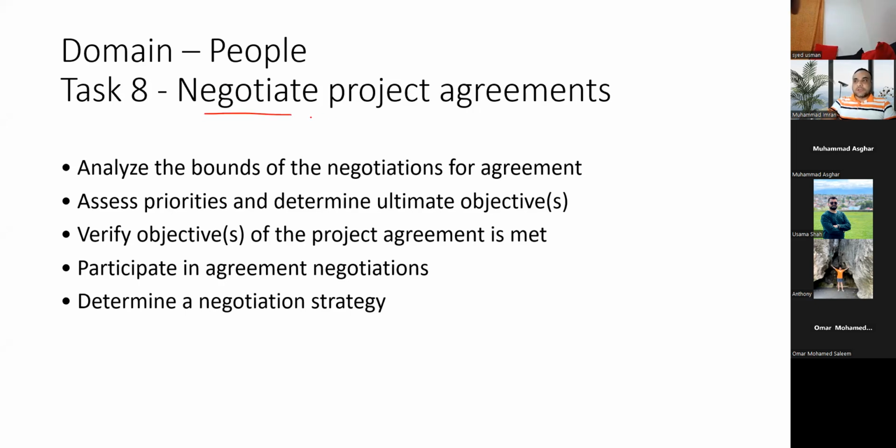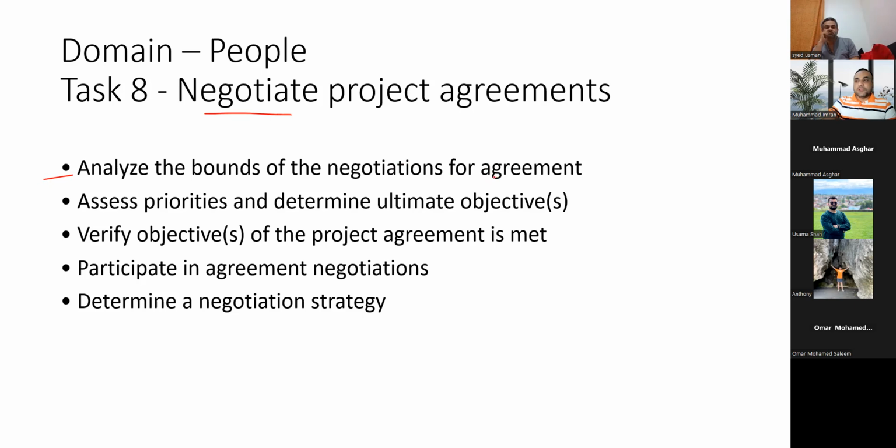To achieve this task, what enablers we have that you need to understand and analyze the bounds of the negotiation for agreement, that is, what you can negotiate. For example, if I'm going for an IT software, I need to understand what are the possibilities on which I will negotiate. If the customer is asking for a feature, I have to provide him or her the feature based upon mobile applications or web-based applications, or a typical feature which is only applicable by a special device. Will it increase the cost or not? So you need to clearly understand the stakeholder requirement,